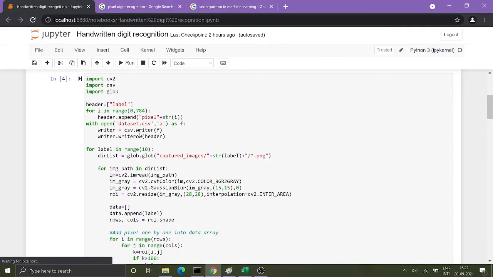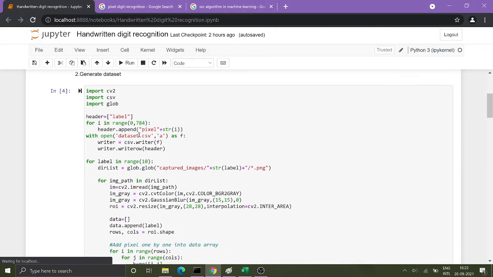Now those images need to be stored in the data set, right, to take the output as we want. For that we have imported cv2, csv and glob. cv2 is OpenCV, which we use for image grab and all that. csv is for whatever path we enter, it will take it and check whether the path is correct or not.